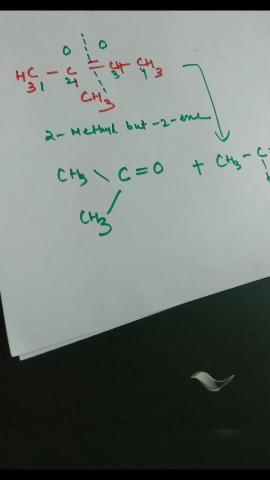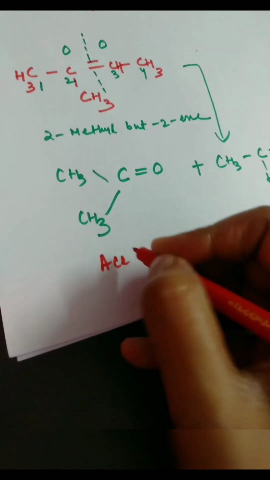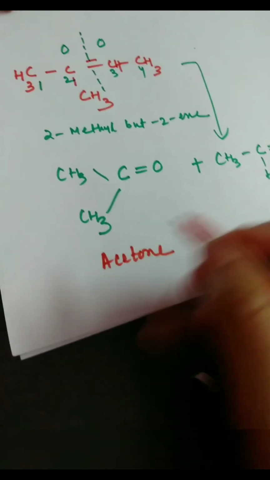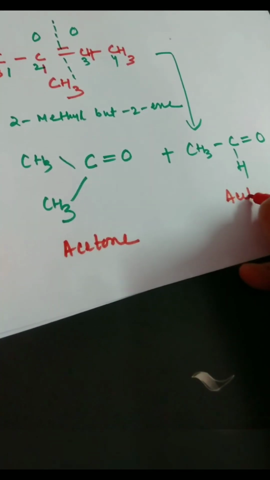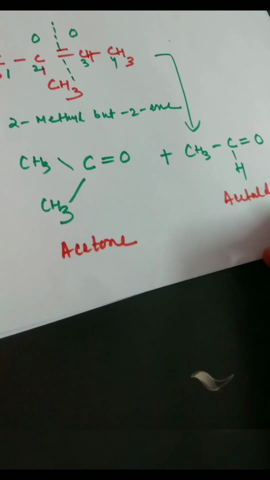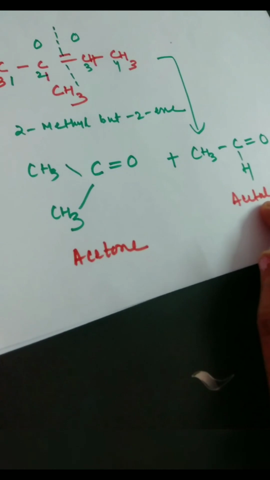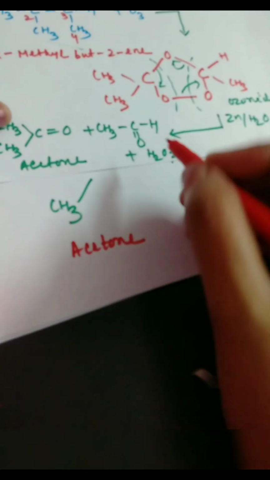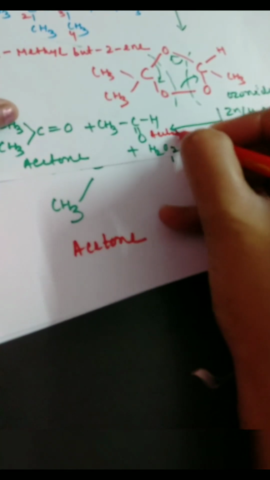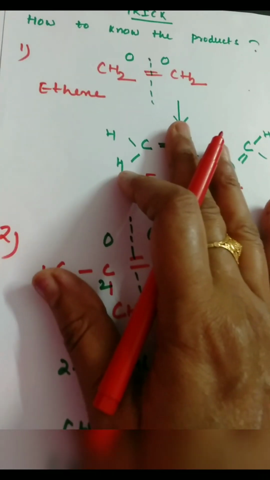What is the name of this compound? This is your acetone, and this is your acetaldehyde. So if this compound undergoes ozonolysis, you will get acetone and acetaldehyde. So these are the two tricks by which you can write the